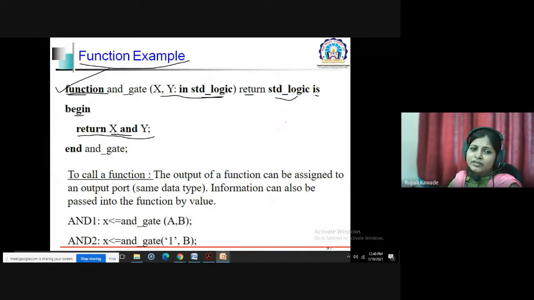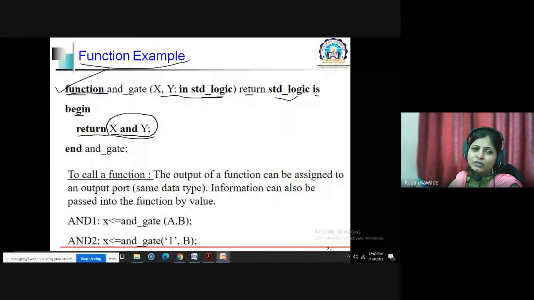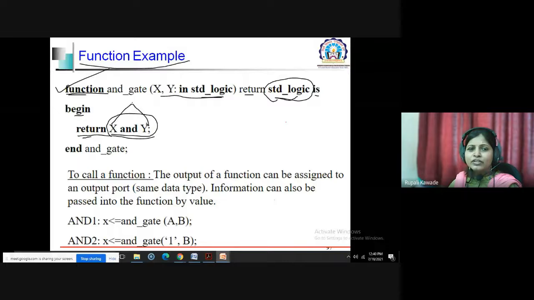The value returned will be of the std_logic type. Here x and y are both of the same data type std_logic, and the return value will be of the same type. End is the keyword, and AND gate is the name of the function. So this is the way you can write simple function bodies.